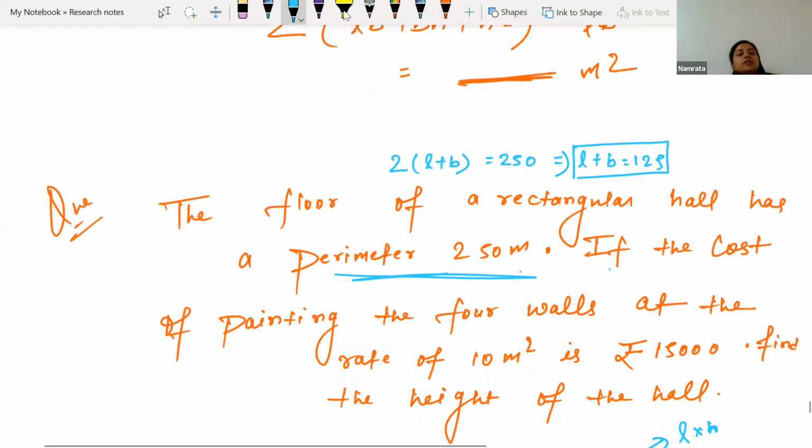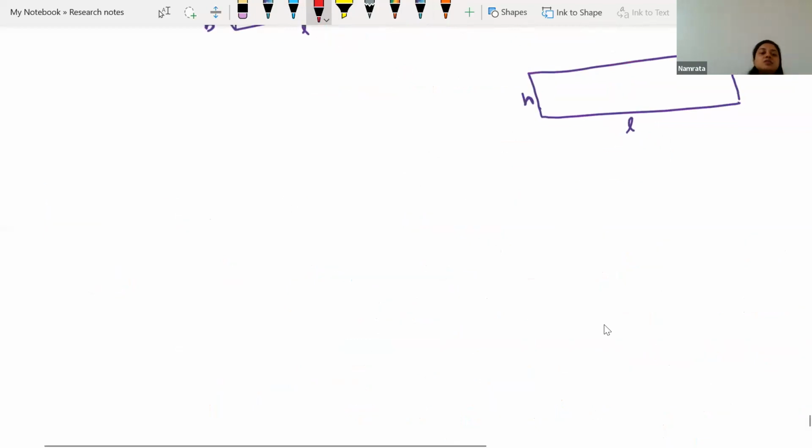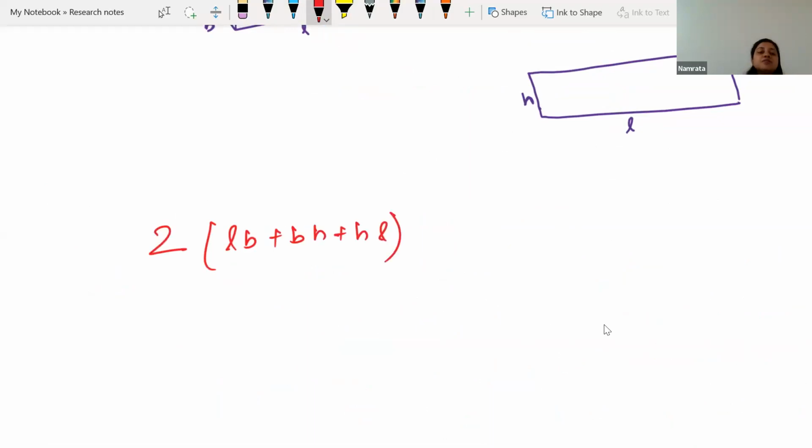So there are two ways to do it. Either do it this way: take the total surface area formula, 2 times length into breadth, breadth into height, height into length. From this total surface area, exclude the top and the bottom area. The top part is a rectangle, the bottom part is a rectangle, each having area length into breadth. Either do it this way,